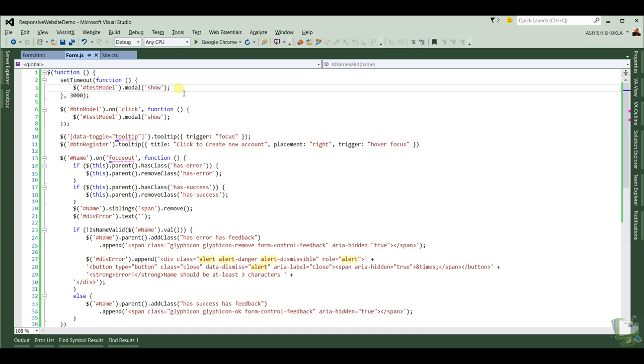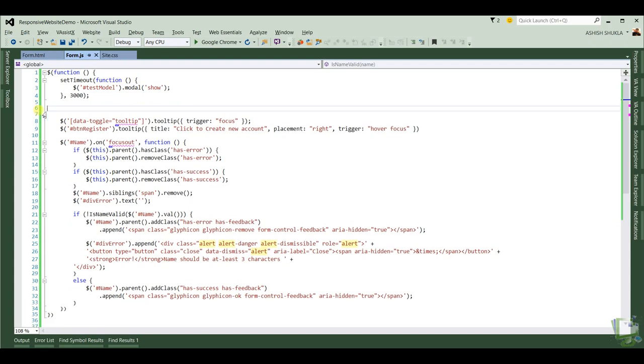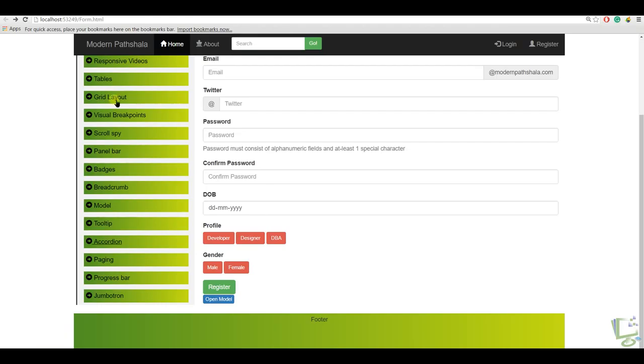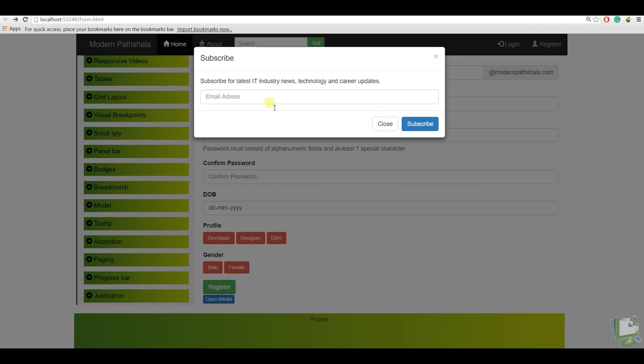So after 3 seconds of complete page load, this line of code will be called automatically. Let's remove the code below, save the changes and refresh our page. Now let's wait for 3 seconds, and here we can see that the modal pop-up opened automatically by the setTimeout function of JavaScript.